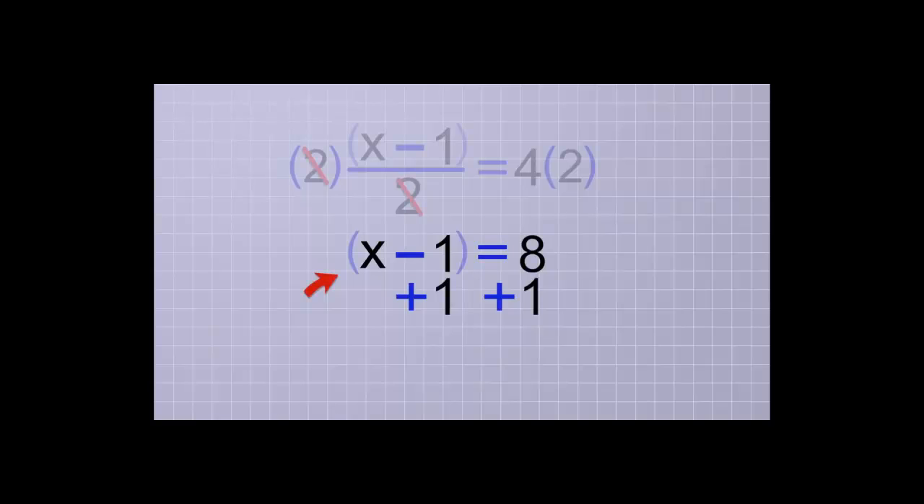On the first side, the minus 1 and the plus 1 cancel, leaving x all by itself. And on the other side, we have 8 plus 1, which is 9. So in this equation, x equals 9. All right,